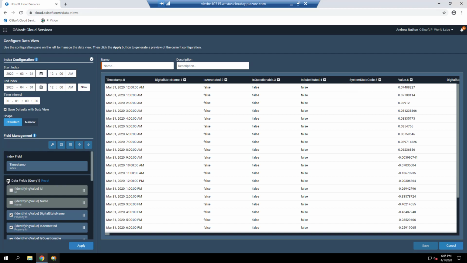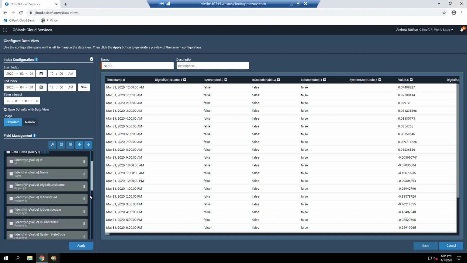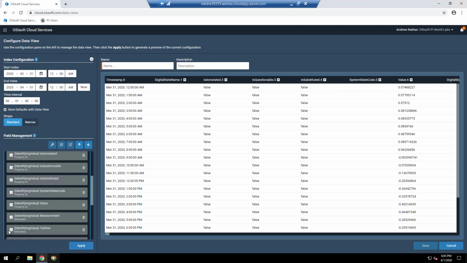Uncheck all fields except for timestamp, turbine, measurement, and value. Bring the checked fields up. The fields can be moved up or down by clicking on the up or down arrow buttons.